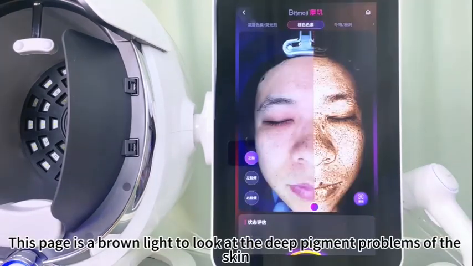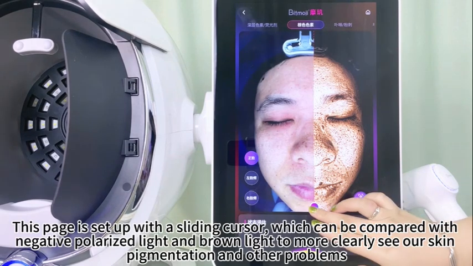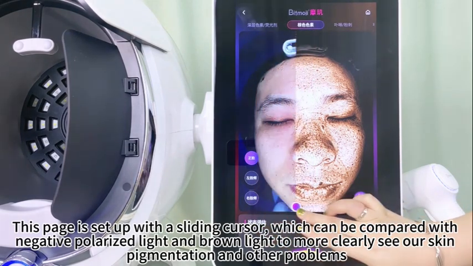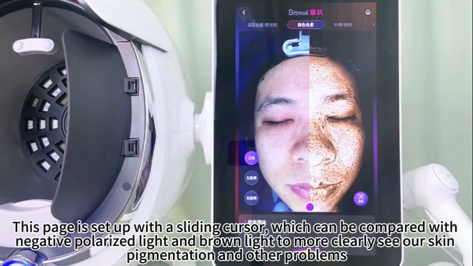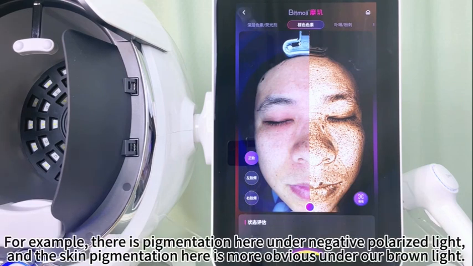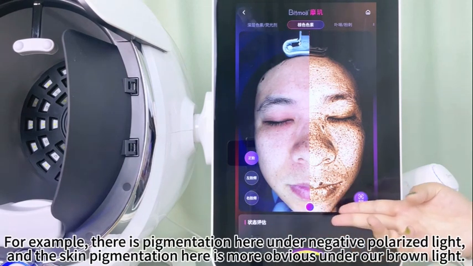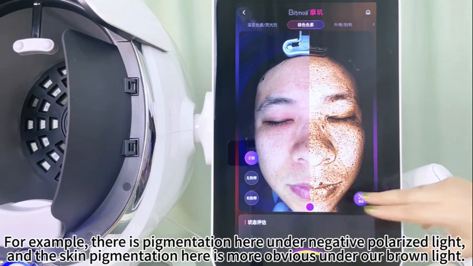Brown pigment page. This page is a brown light to look at the deep pigment problems of the skin. This page is set up with a sliding cursor, which can be compared with negative polarized light and brown light to more clearly see our skin pigmentation and other problems. For example, there is pigmentation here under negative polarized light, and the skin pigmentation here is more obvious under our